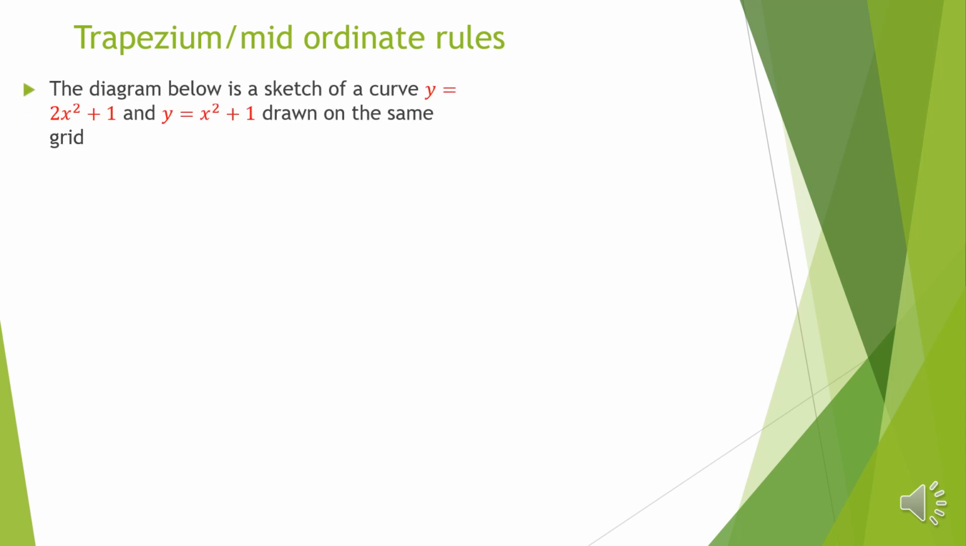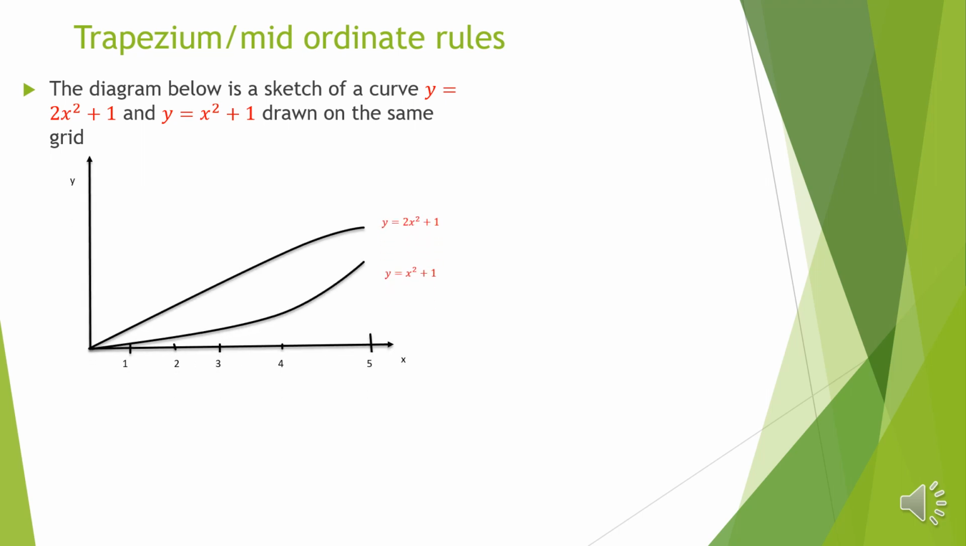Today, I just want to take you through a question on the use of the trapezium and also the mid-ordinate rule to estimate the area of some regular or irregular figures. Now the question goes that the diagram below is a sketch of the curves y equals 2x squared plus 1 and y equals x squared plus 1 drawn on the same grid. So the graphs of those two functions are provided here,